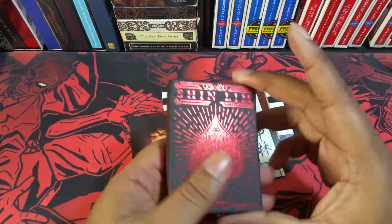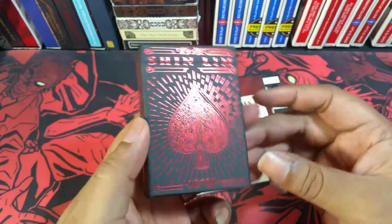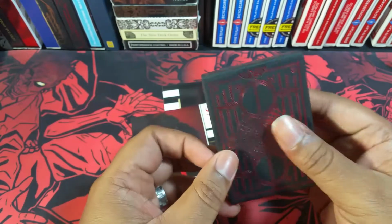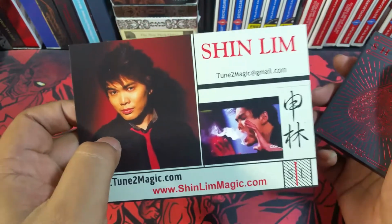the brand new deck. I'm going to call it the 2015 deck. They really just call them Shin Lim playing cards on their site, which is kind of strange, but I guess that's the name. So these ones just came out, and what I received in my package was just a picture